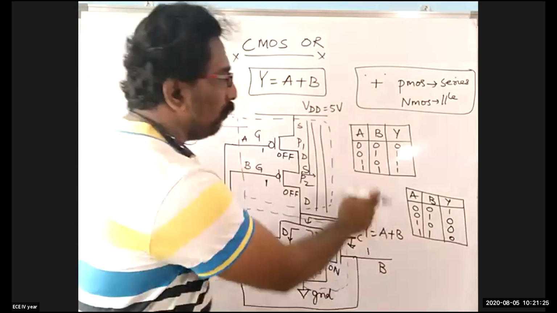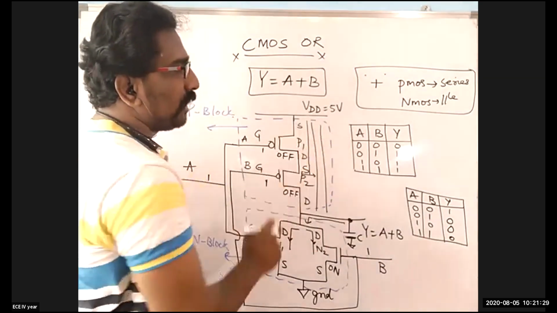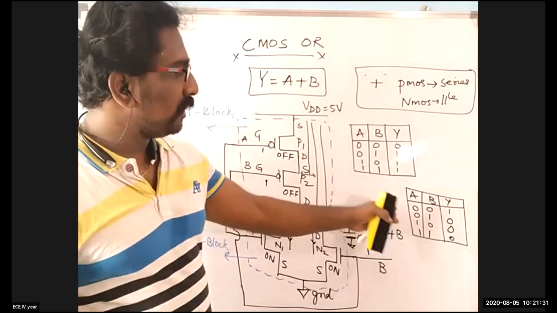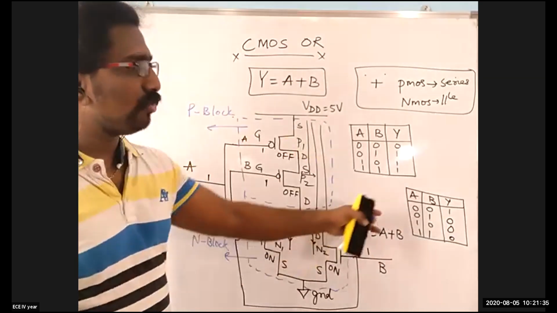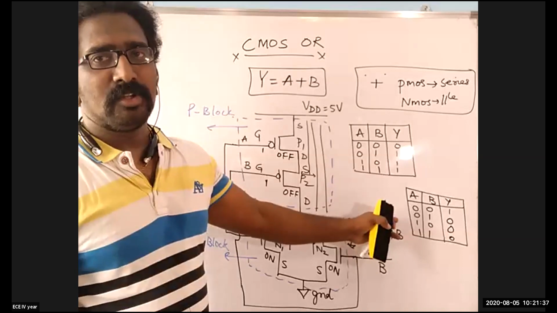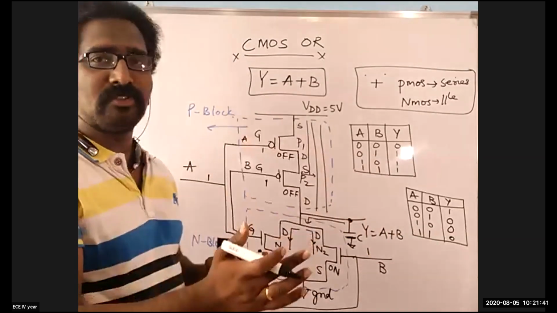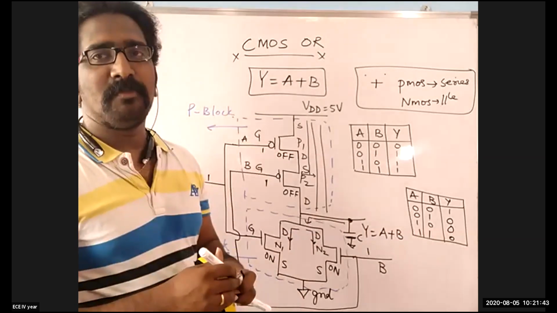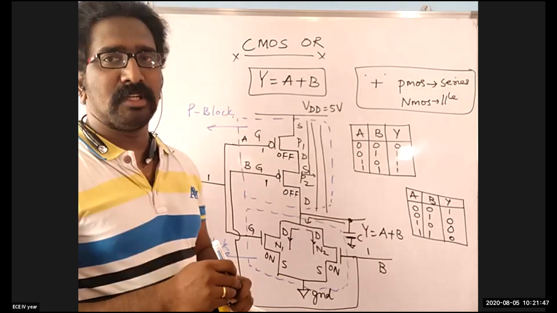So see now, whatever the output, this is the truth table for the logic OR gate, and the truth table which we have validated from this particular structure is the truth table for the NOR gate. So whatever structures we draw, we'll be getting the complementary structures of the logic gates. That's why we call this kind of design complementary structures or CMOS structures.